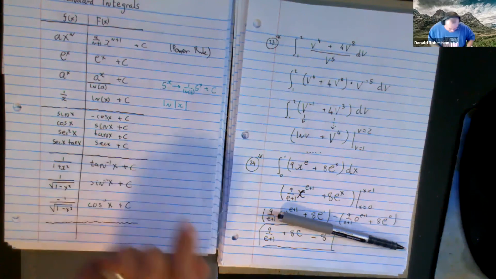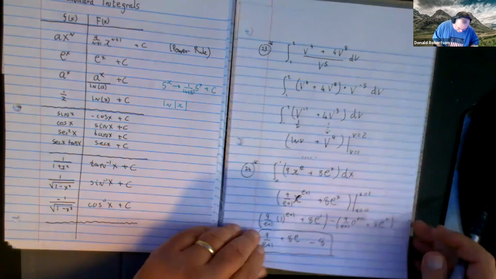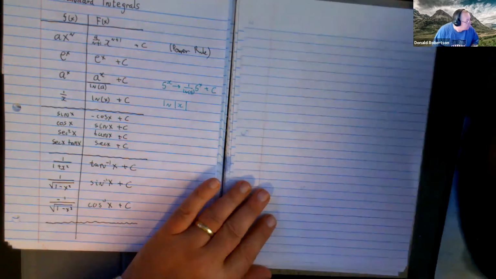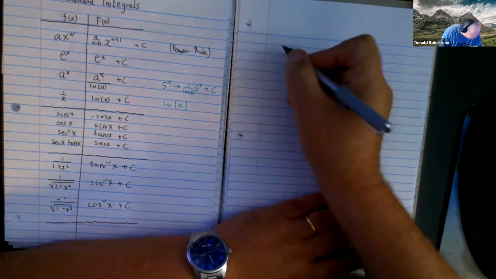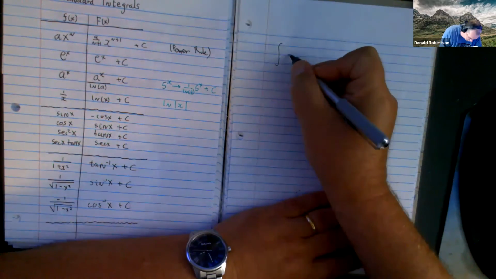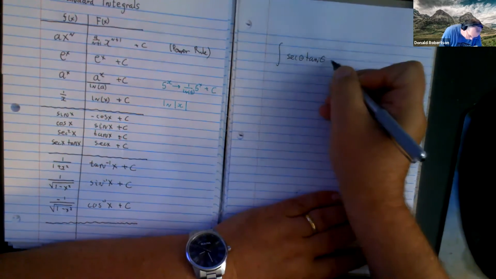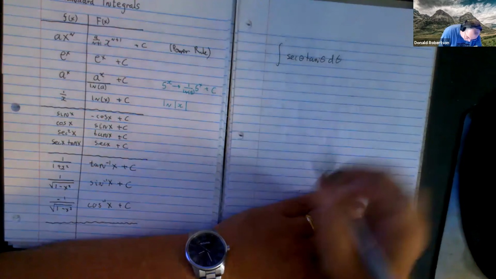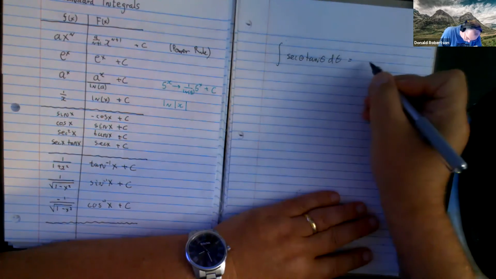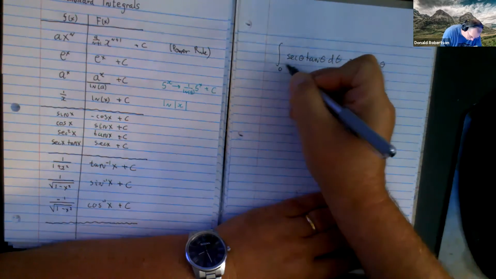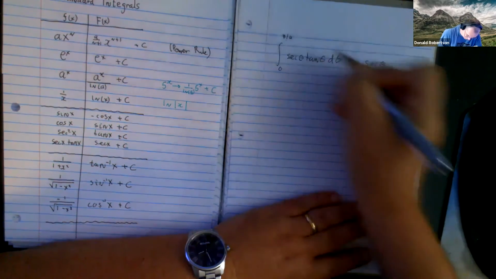Not sure. Let me write that down. I think if I can write it down, it'll make more sense to me. So in question 21, if I pick it up correct, we have secant theta, tan theta, d theta with some numbers, and its antiderivative is secant theta. And the numbers in my example were these two. And so,